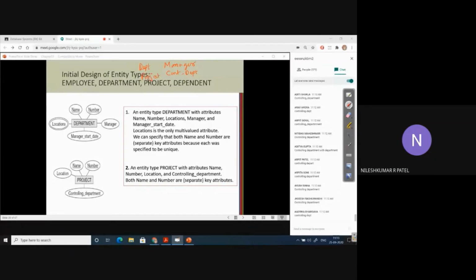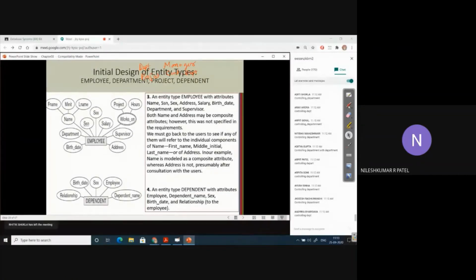Okay, let me now move to the next slide and try to find relationship attributes in this entity type also. Please try and find how many attributes exist which exhibit a relationship with another entity type. One is department. Okay, good. Let me point it out. The first one is department. Yes, you are right.